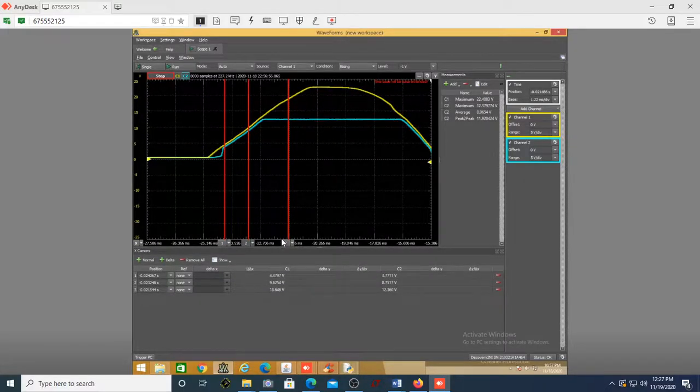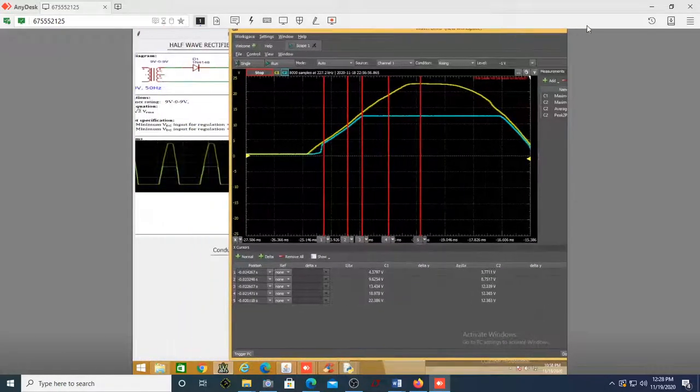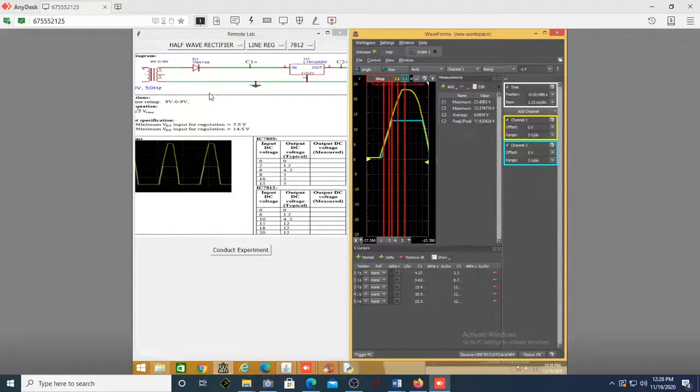It requires more voltage. Let me just try to see how much is the minimum voltage required. So the minimum voltage required is 13.4. If the voltage is more than 13.4, then the output gets regulated. Can you see now it is 18, output voltage is 12.3. Even if the voltage is 22, it is 12.3. So now the constant voltage is 12.3 volt. The minimum voltage required is 13.4 in this particular regulator. So this way we can see the line regulation.